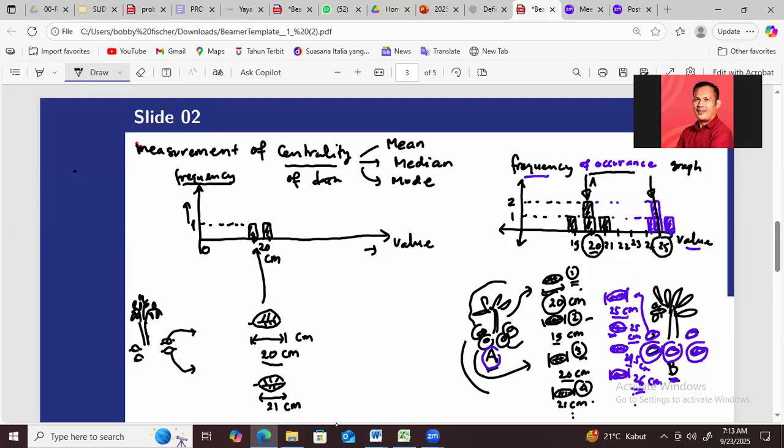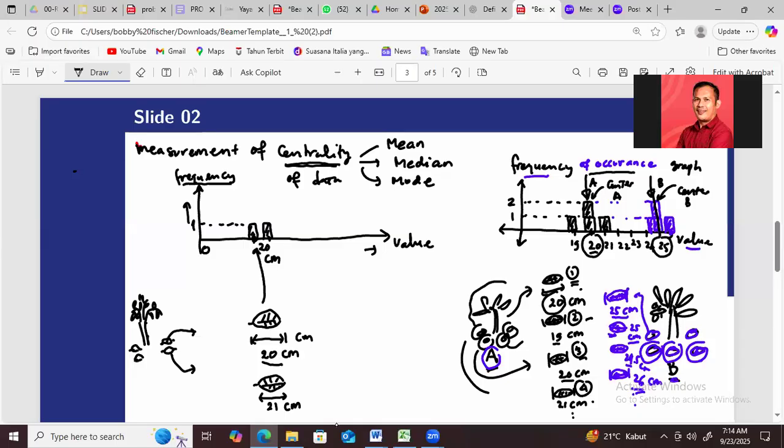This is 3A and then 3B. You have the sense of centrality, where the data is centered. So this is the center of data A, and this is the center of data B. Center of data A and center of data B. So this is the sense that is given to us from this curve about the centrality of the data.